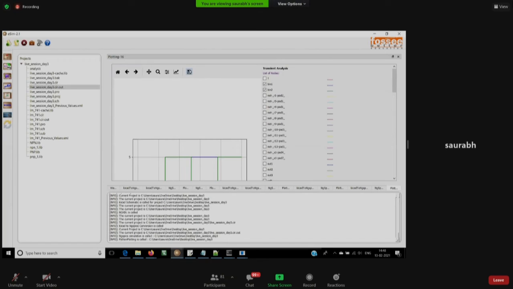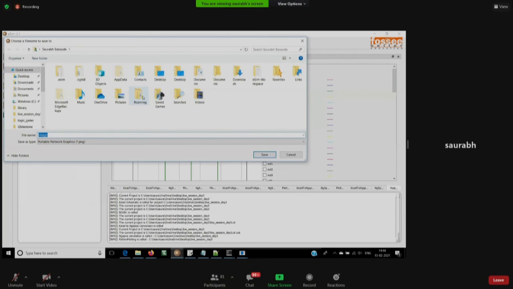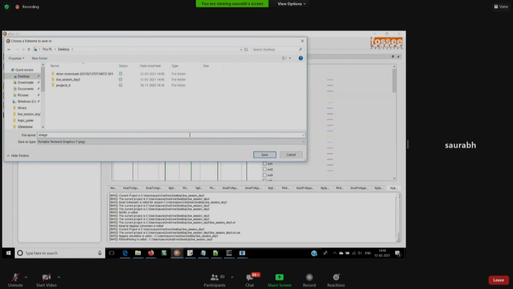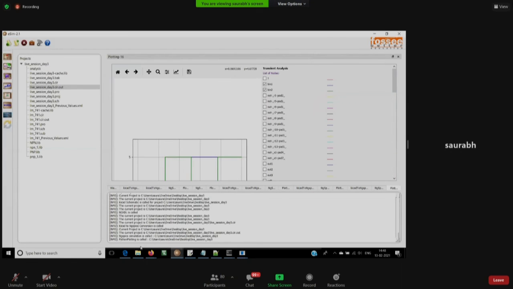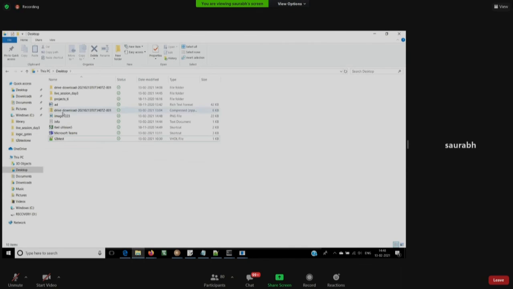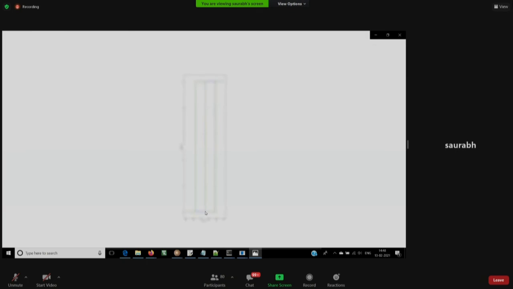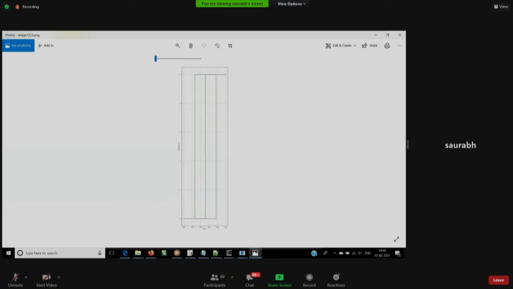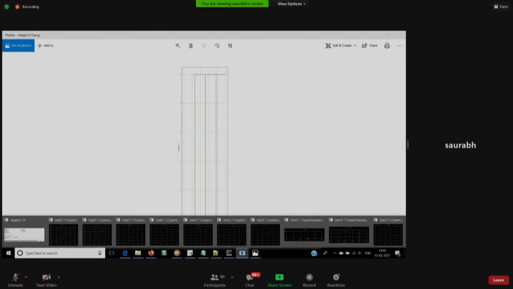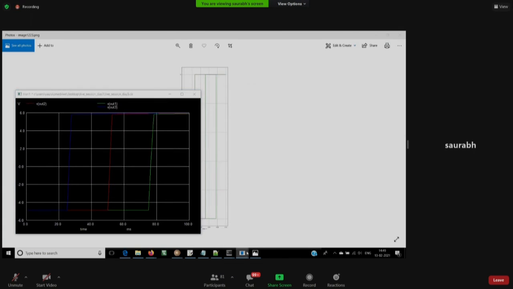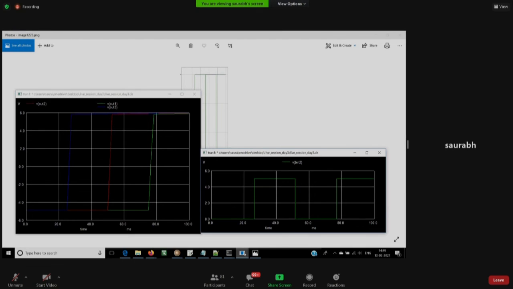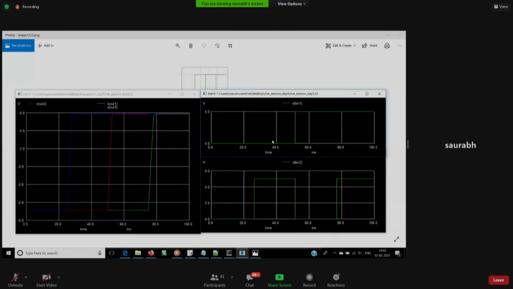I can save this file to the desktop. If you zoom in, you can see. I think this other plot was better in that sense. So this is how we have it.